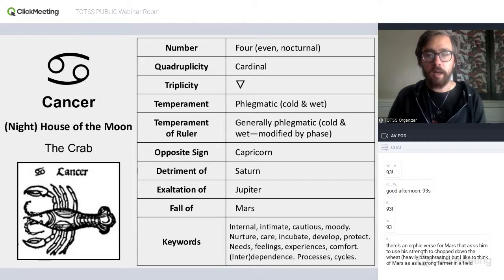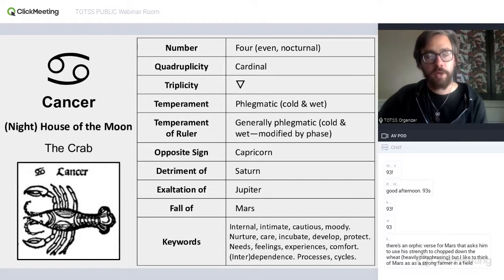All right, and then in Cancer, Mars is said to be fallen, and so interestingly, both of the malefic planets, both Saturn and Mars, have a difficult time in Cancer. And again, like we were saying with Saturn, it's just hard when those planets and what they want to do have this deep, personal, very sensitive and intimate sort of quality, right? Mars, it's tough having a very sensitive Mars, right? You can think of like taking offense at things very easily. That's a difficult place for Mars to be.